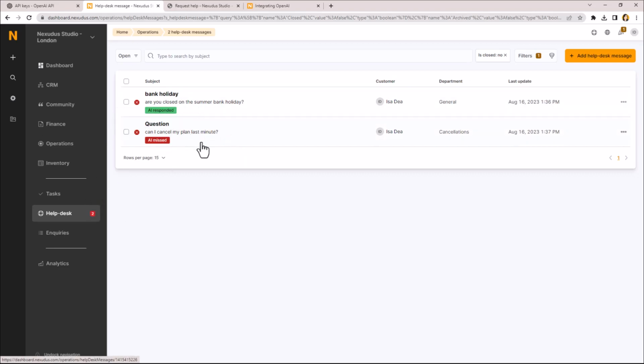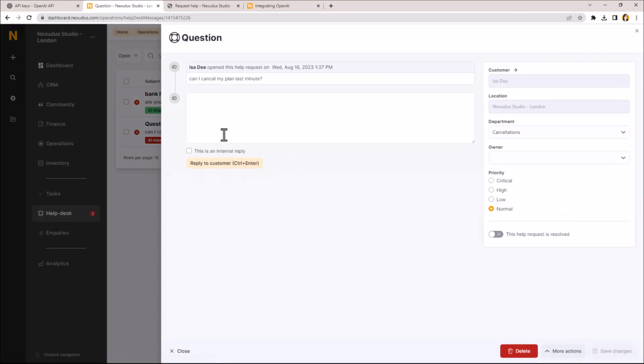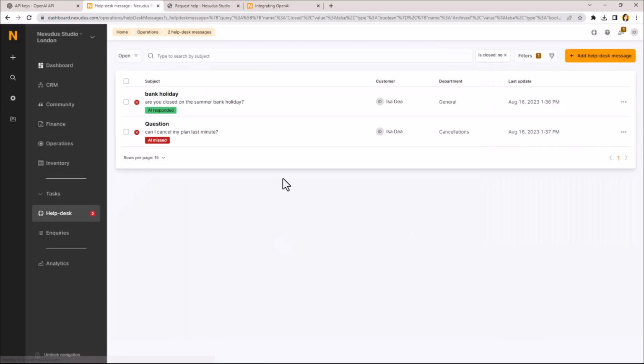And in this case, the regular process would take place. So if there is a department person in charge, they would get a notification and we would expect them to answer the customer's question. Again, you can easily spot which ones were responded by AI and which ones were missed. If you start seeing a lot of AI missed, it may be time to look into the integration and check if everything is running smoothly.